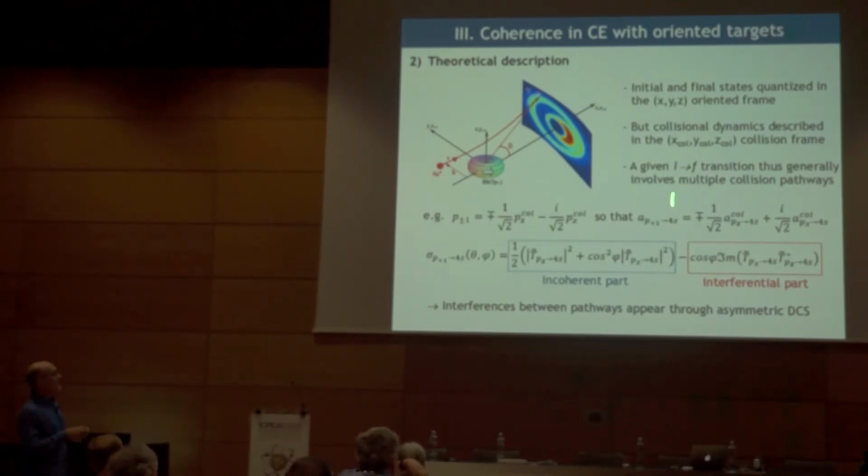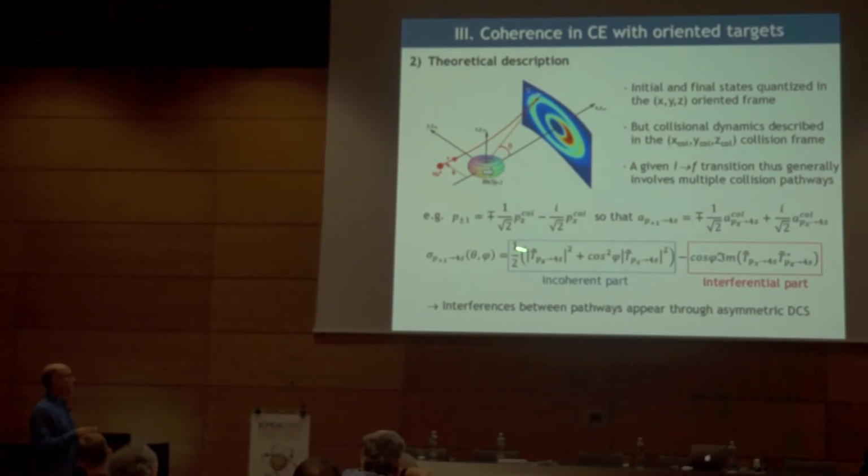then the transition involves multiple collisional pathways because each of these states is a linear combination of scattering states defined in the collisional frame. I illustrate this here in the case of the P plus 1 or minus 1 state. And we see that these oriented states are linear combinations of PZ and PX collisional scattering states. The same linear combination affects the coefficients of the expansion of the total wave function as well as the scattering amplitude. As a result, the differential cross-section, which is illustrated here for the P plus 1 to 4S collision, is formed